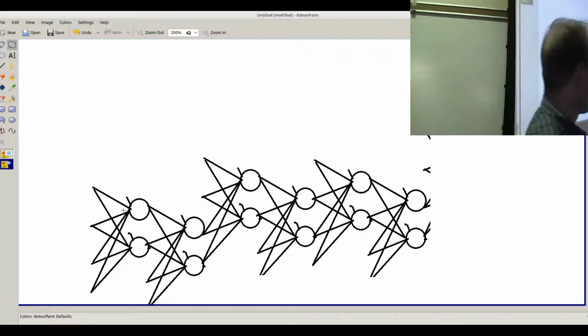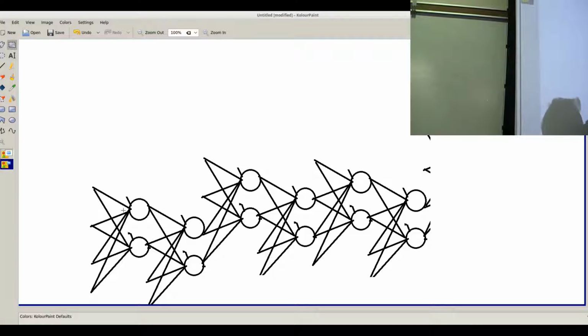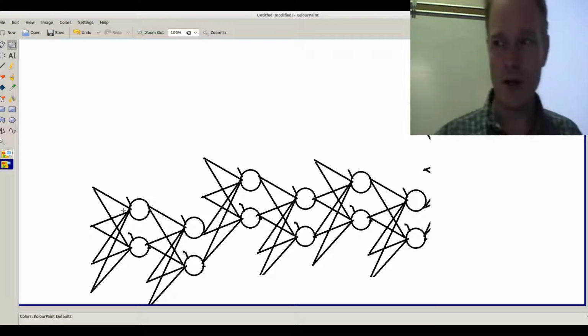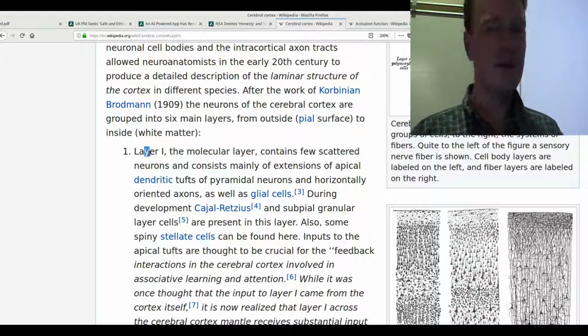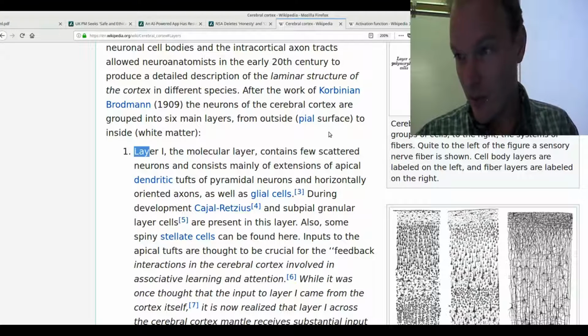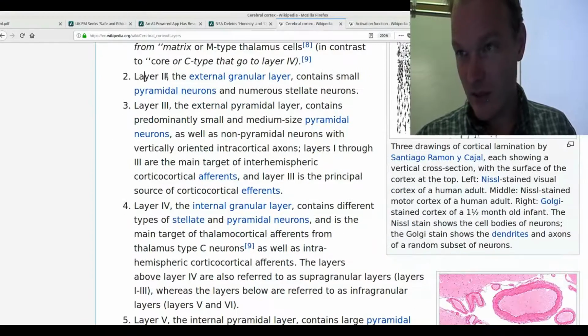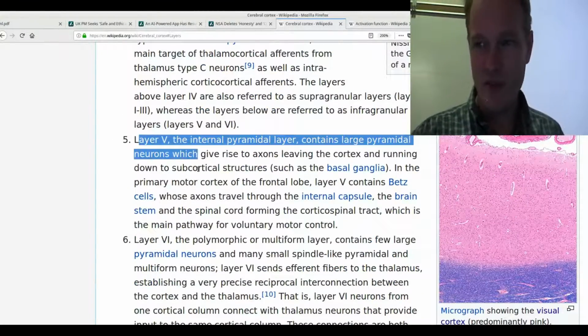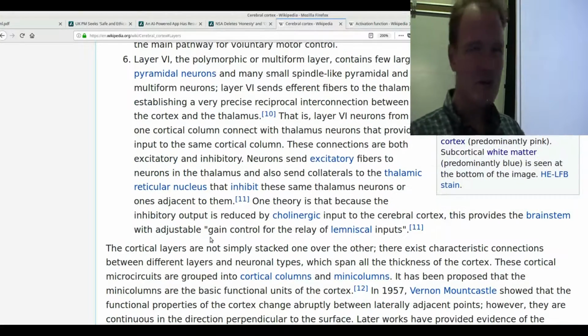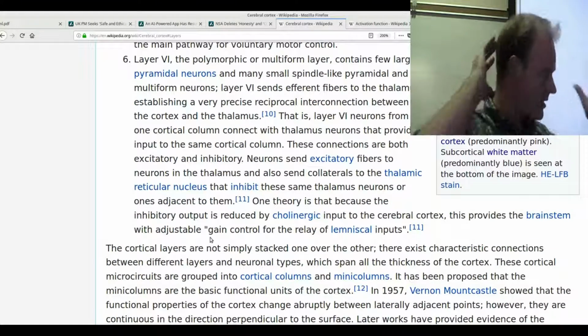There's a whole bunch of somas of neurons that are connected by all these axons and dendrites that are all interwoven and connected together. There happen to be about 6 layers in the cerebral cortex. Layer 1 does this, and layer 2 does that, and layer 3 does this other thing. And basically, they've been studying this for a long time, and there's about 6 layers that occupy most of your